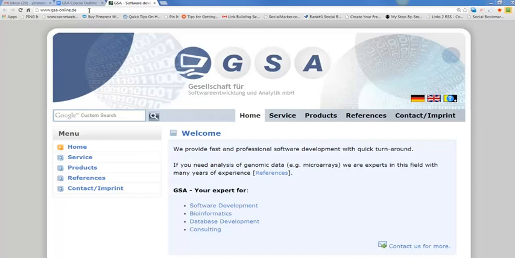Anyways, as soon as you go and purchase GSA, you should get an email back, and it will have your license number in it, your username, which will probably be the name you registered to get the product, and in there will be a link. They don't send you the download link directly, so what you do is you go and you download the trial software, and then when you open it you're going to import that link. And so first thing you're going to want to do is just go to